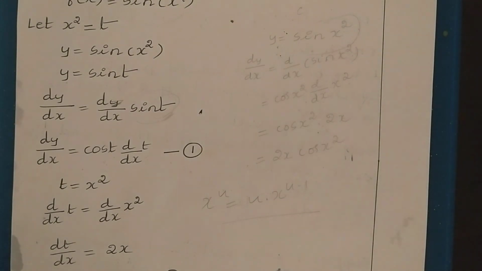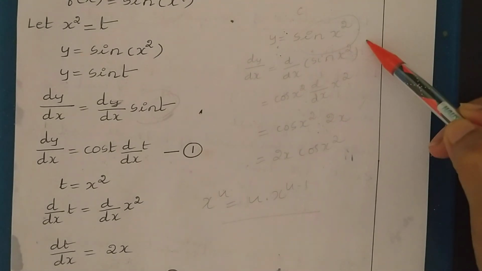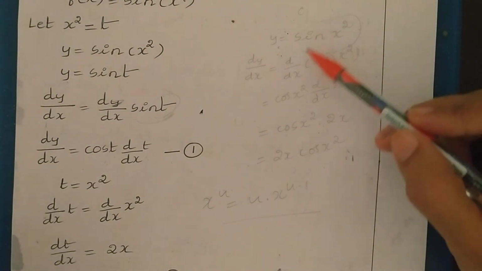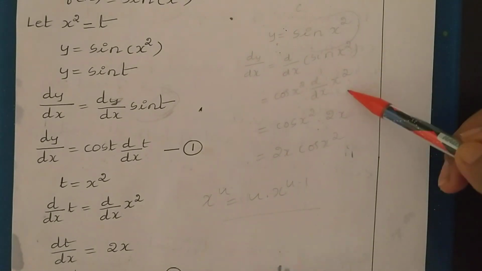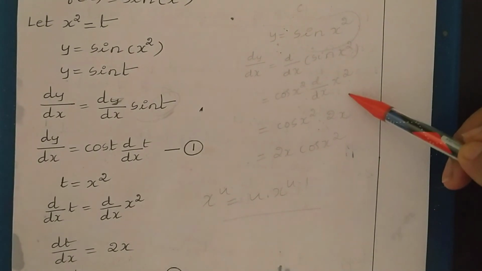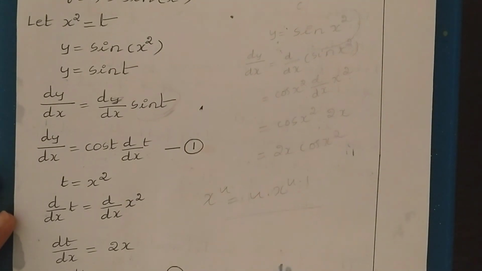But here you can observe that in this case also we are applying the chain here. See, this is a chain of function. The composite function is nothing but a chain. First we are differentiating the first function. After that we are differentiating the second function, that is x square. So that's why we call this derivative rule as a chain rule. So this is about the chain rule or derivative of composite function.